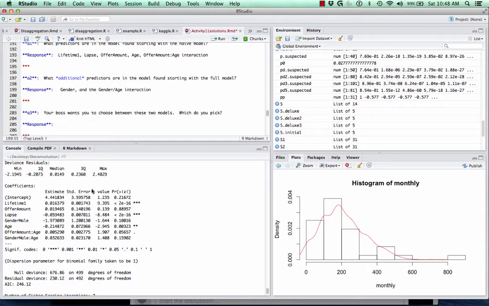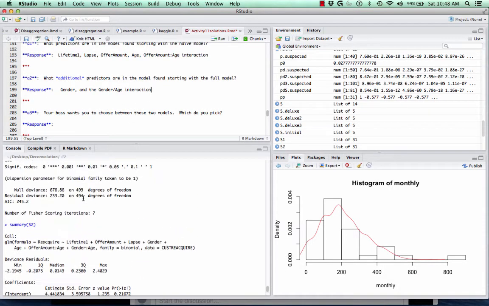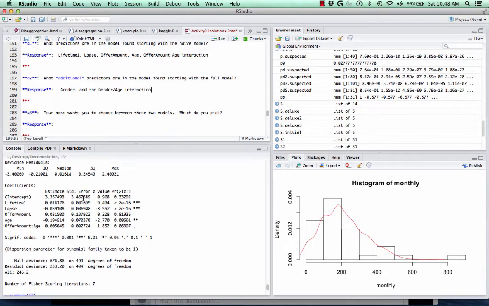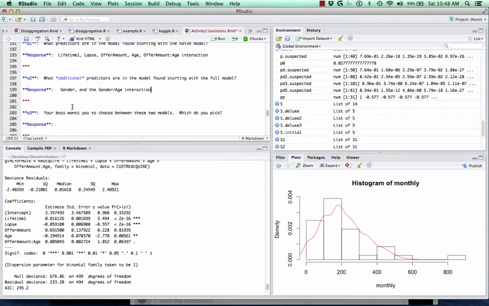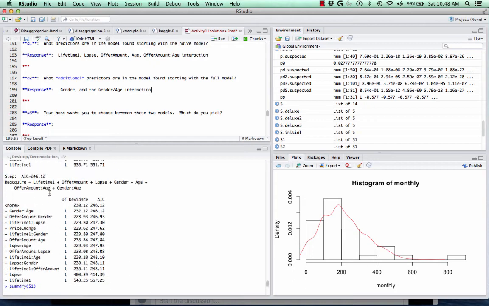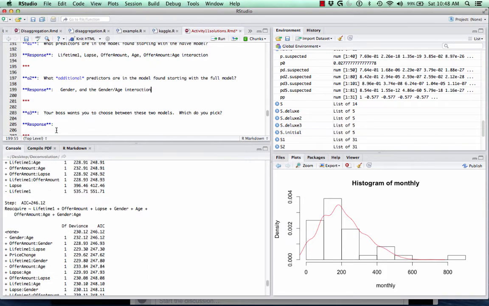Oh, kind of interesting. So we might be interested in knowing which one's the better model here. Our boss wants us to choose between these two models. Which one do we pick? Well, that's where we look at the AICs. So the AIC of S2, started with the full model, is 246.12. AIC of S1, which is the one that we started with, the naive model,